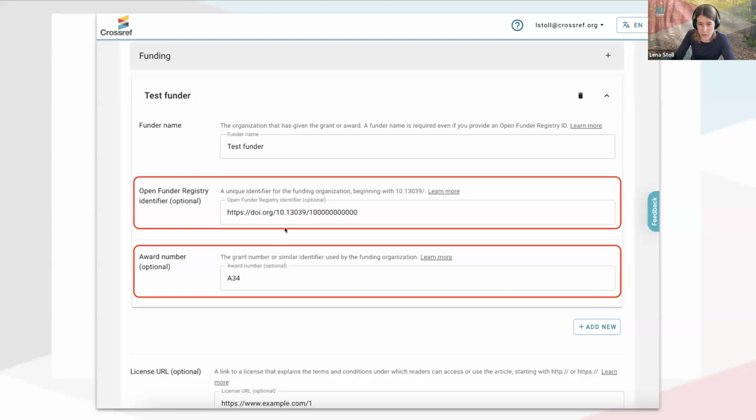Soon you will also be able to instead select a funder from the ROR database, just like I just showed you for affiliations, which will mean that you no longer have to look up what this long funder identifier is, and you can just type in the funder's name and have a unique identifier sent automatically. But watch this space for more details on that. It's a very new development in our input schema, which is exciting.